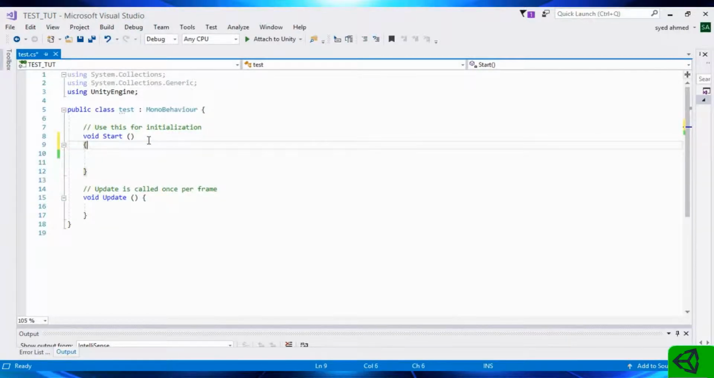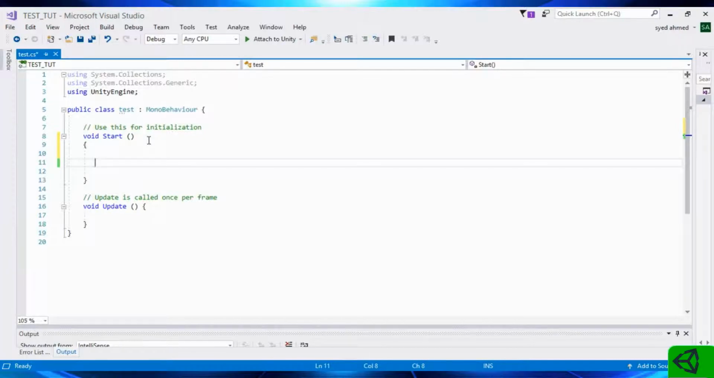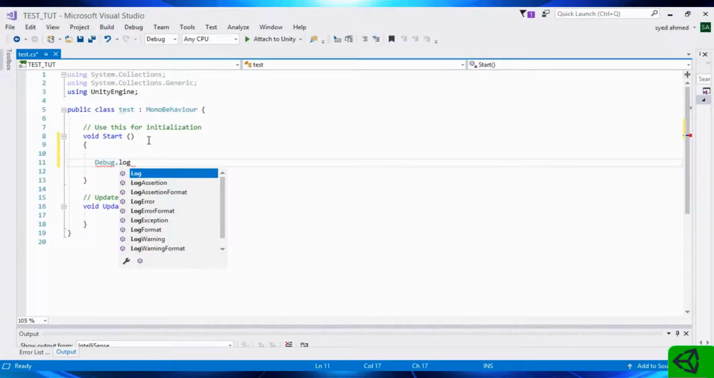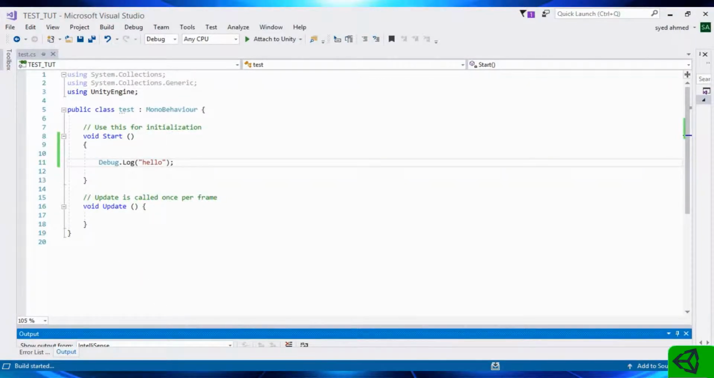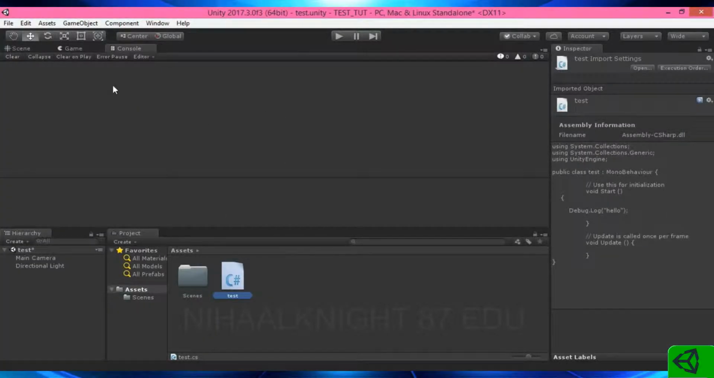What we are going to do today is access the Debug.Log statement inside our console. Debug.Log, open parenthesis with quotes, I'm going to type Hello, semicolon, and build. If I go back and run,